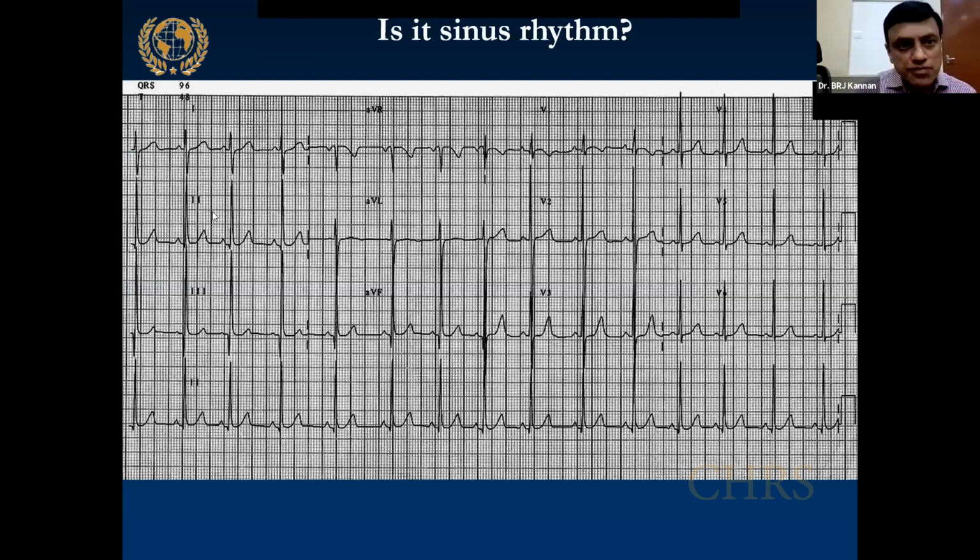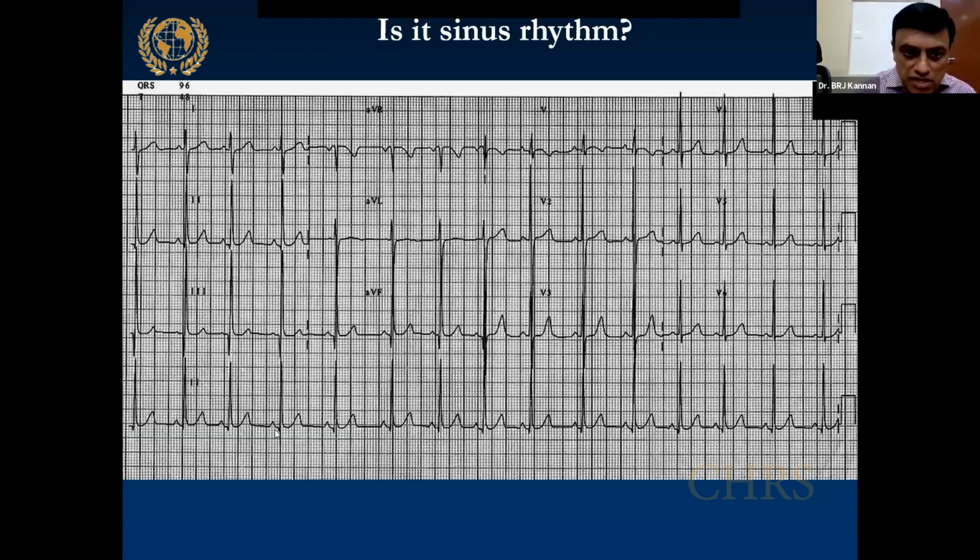See, in sinus rhythm, P precedes the majority of QRS, it need not be all QRS. Suppose somebody has 2:1 block, or 3:2 conduction. That means one P will not be conducted. That is still sinus rhythm. And then somebody will say that the PR interval is constant, that's why it is sinus rhythm. No, in the Wenckebach phenomenon, the PR interval is not constant.